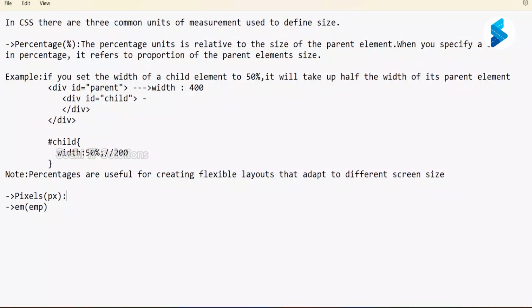Next one is what? Pixels are an absolute unit of measurement that represent a fixed number of screen pixels. A pixel is one dot at the screen level. Based on the screen resolution, pixels are going to change. So here I'm going to say pixels are an absolute unit of measurement